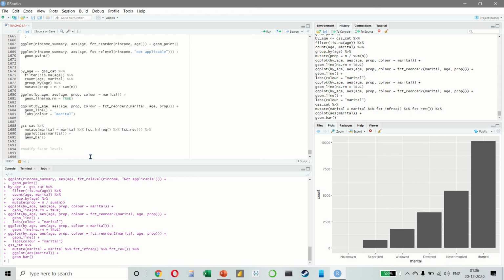Now, more powerful than changing the order of the levels is changing the value. And what that allows you to do is to clarify the labels for publication and collapse the levels for a high level display. Let's take an example.